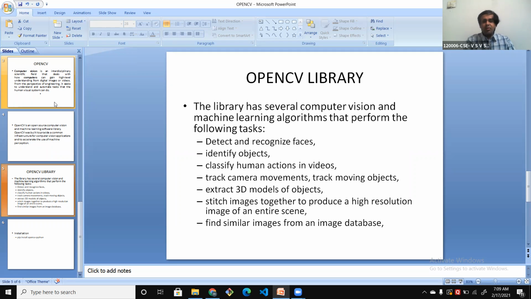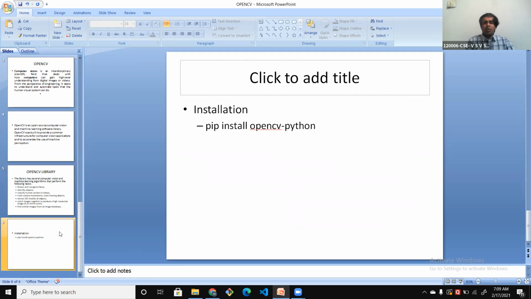Now, let us practically see some of the features and their applications. If you want to use OpenCV in Python, you need to install Python. Once you install Python, go to the command prompt and type pip install opencv-python.